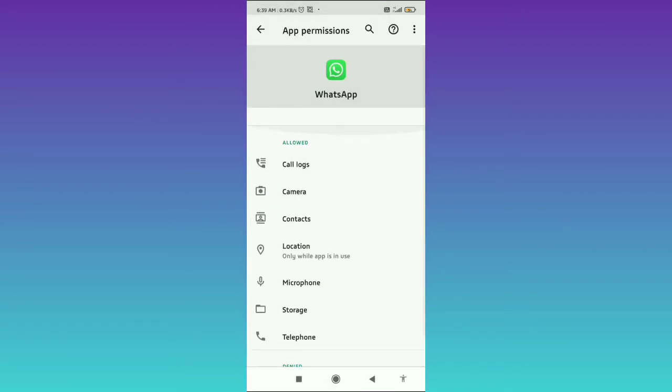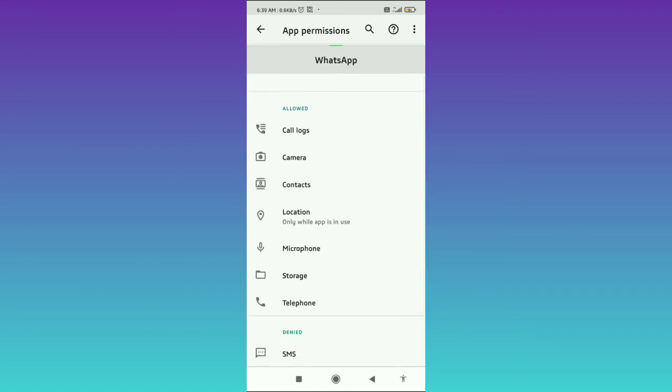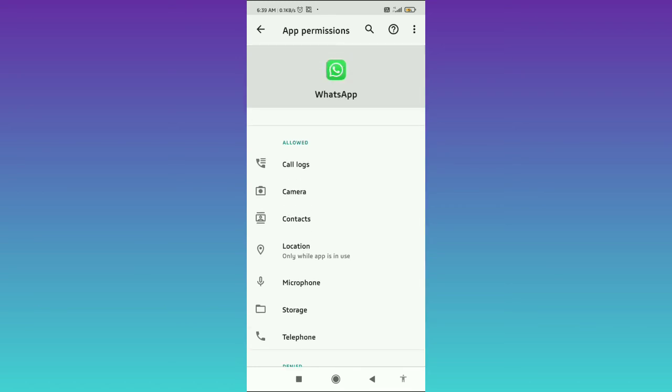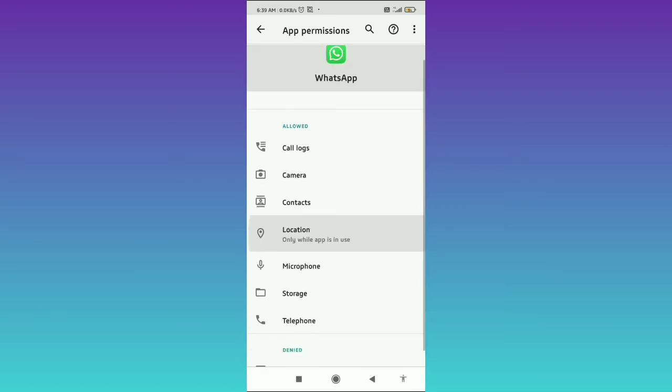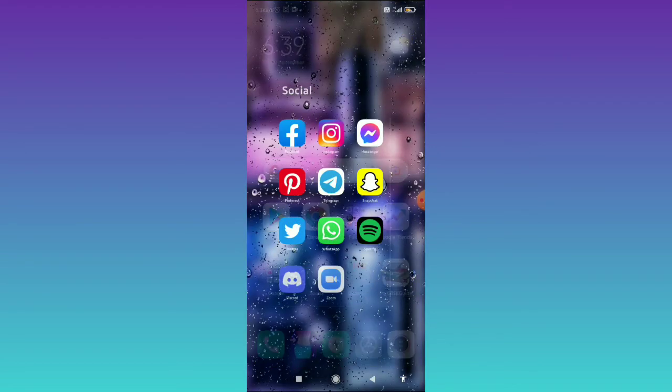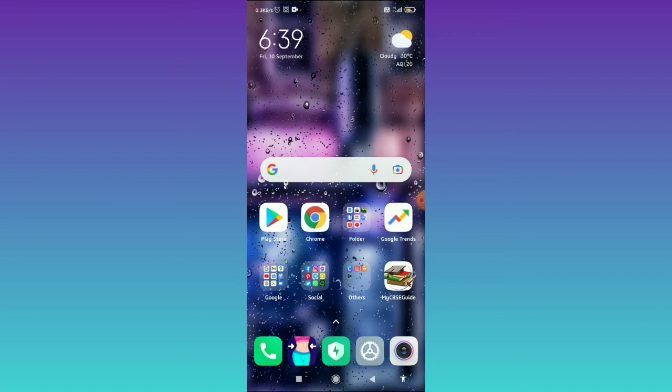So you have to give WhatsApp all these permissions which are necessary for the app to work while video calling. So after doing these things, when you open WhatsApp, if it is still not working, then